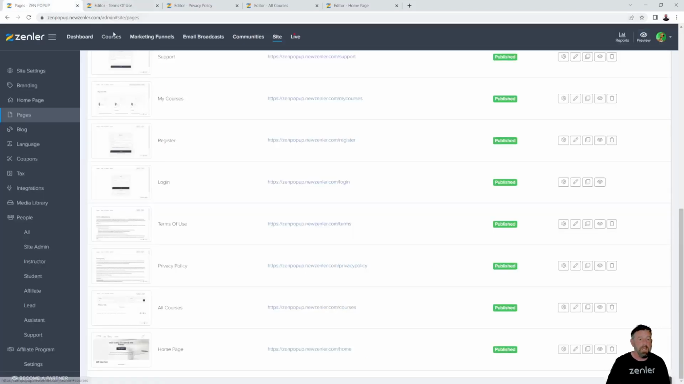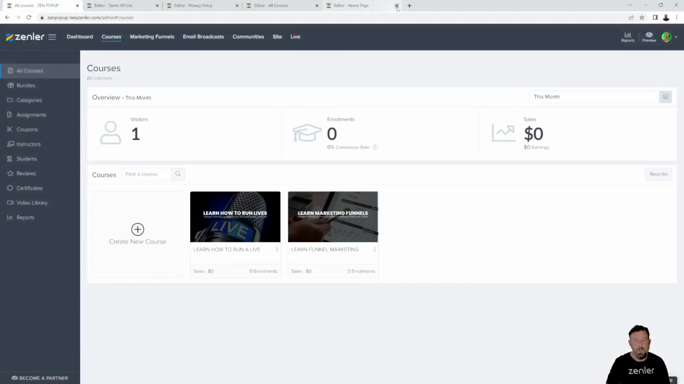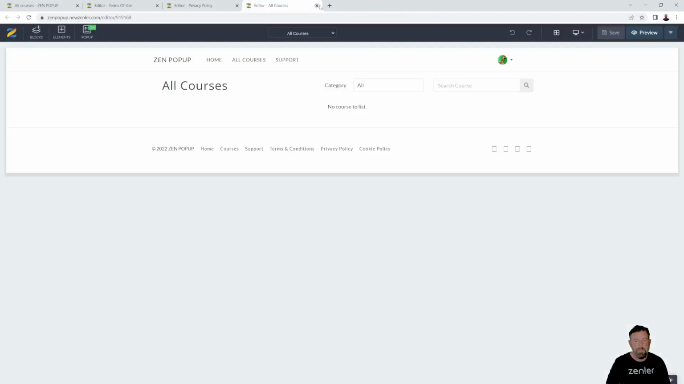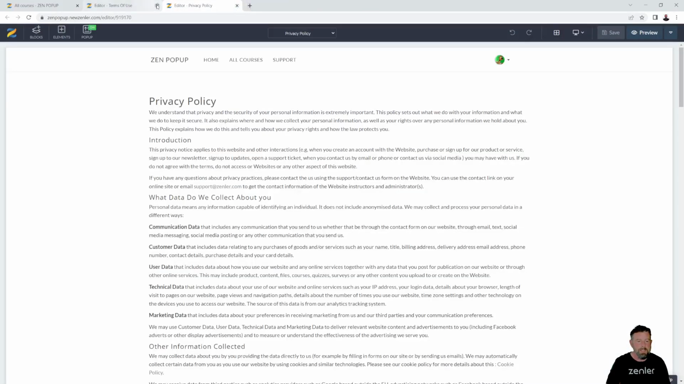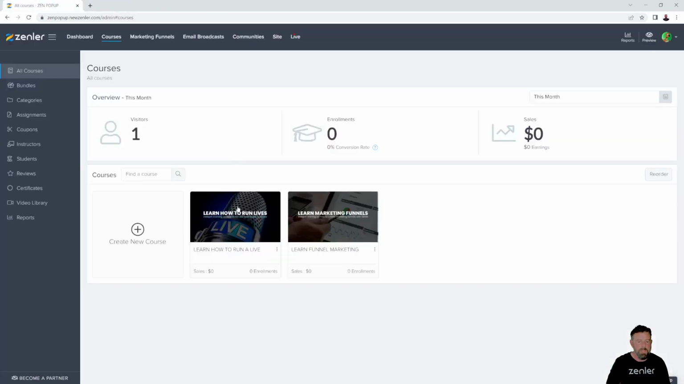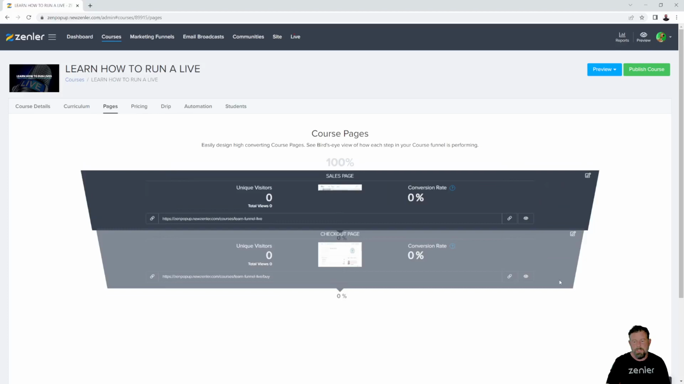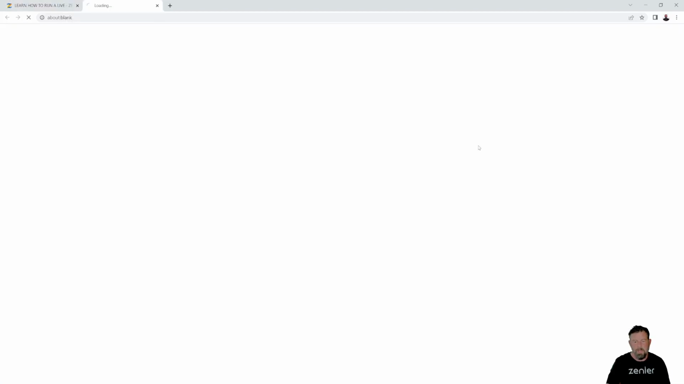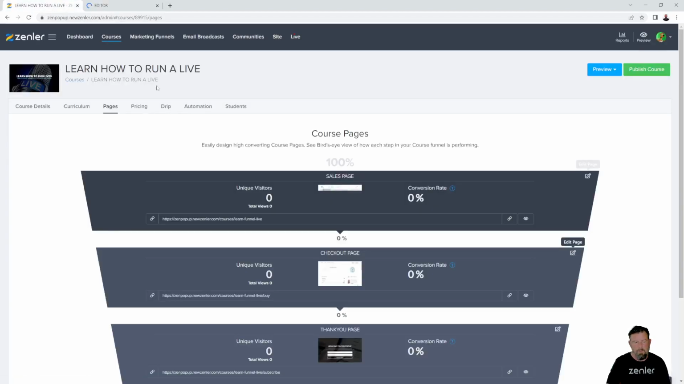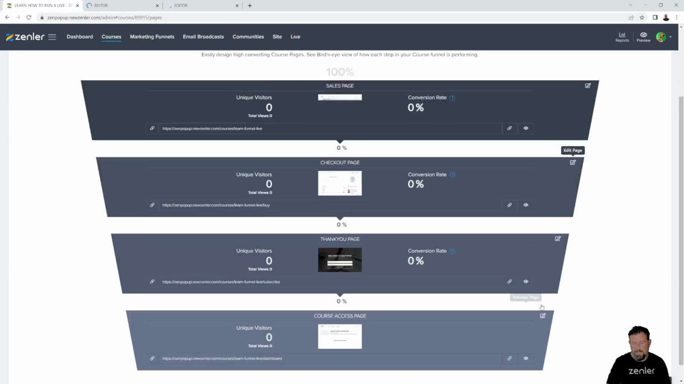Exactly the same thing happens with courses as well. Let me just close all these pages down and show you exactly the same thing with courses. So I've set these quick courses up, still got to do all the work. If I go to the pages inside here, I still want to do the same thing. So once again, I'm going to click the edit and I can ripple through these pages. I just jump back to this page